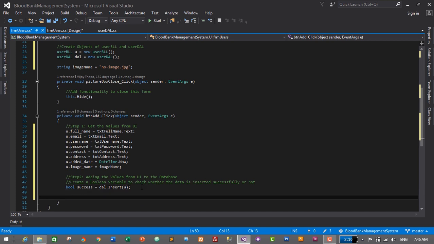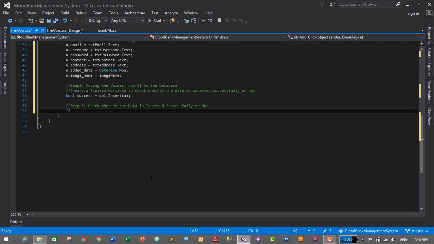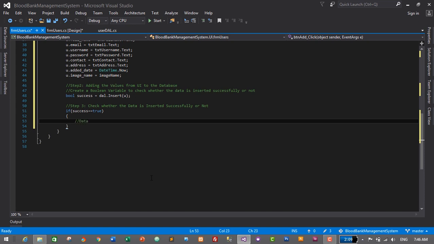So that's it. Now step 3 is to check whether the data is inserted successfully or not. So let's check it out. If success is equals to true, then data or user added